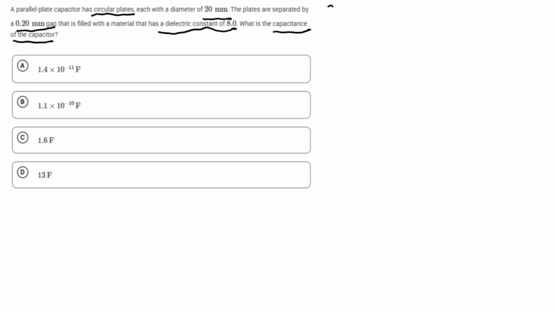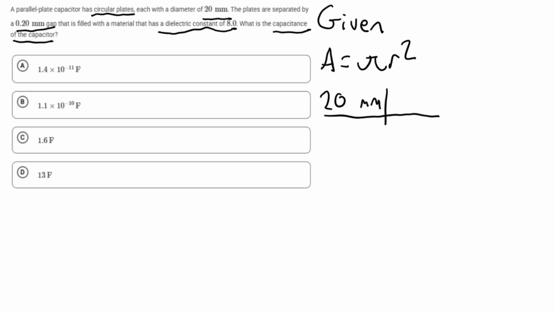So let's list our givens. We have a circular plate, so we know that the area formula may be involved. We may need that, so we'll have that handy. Area equals pi r squared. Then we have a diameter of 20 millimeters. We'll convert that to meters because it's always helpful. So 20 millimeters, there's 1,000 millimeters in 1 meter, so we get